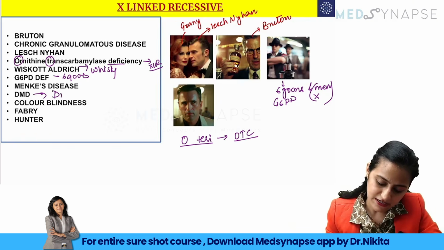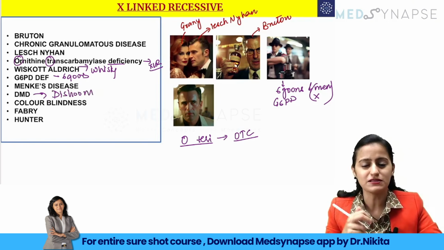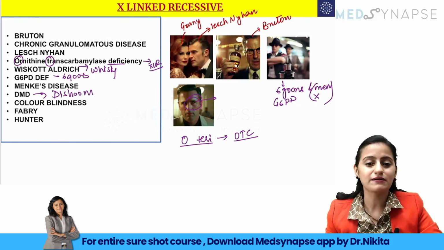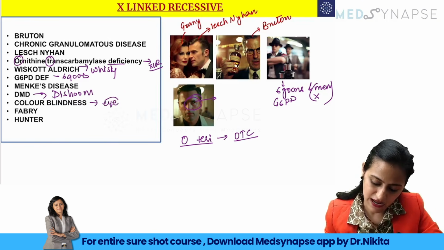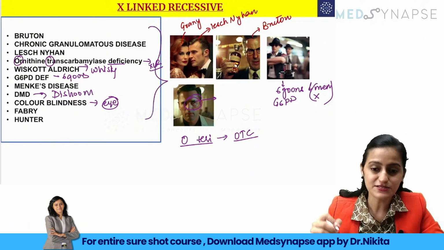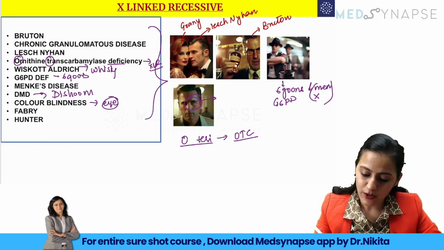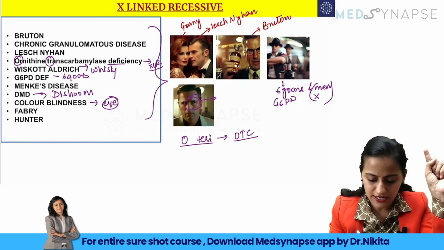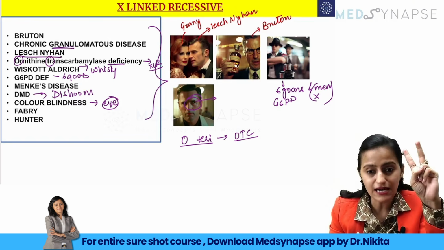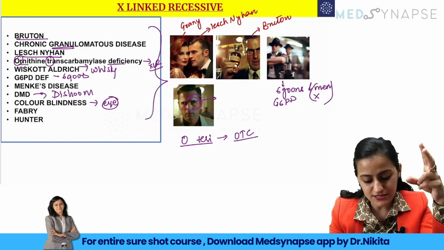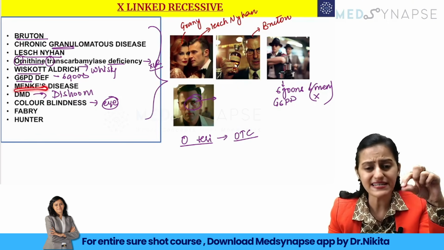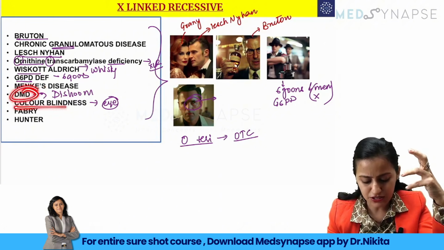So remember that "dishum" is what happens in between the two, and this Lesch-Nyhan, his eye becomes black and he becomes color blind. His eye gets injured and he becomes color blind. Okay, so these are the disorders which are X-linked recessive. So what did we learn? Granny, that is chronic granulomatous disease, that is Granny. Lesch-Nyhan, Bruton, responses Oh teri, he gets angry, drinks whiskey, takes 6 goons, 6 men with X factor, Dishum, color blindness,